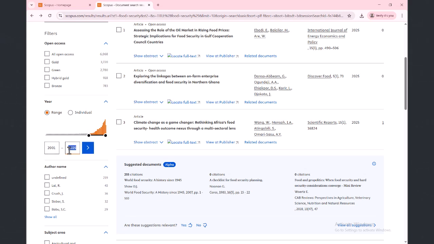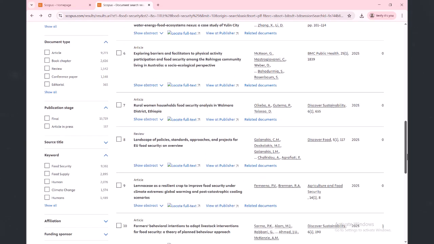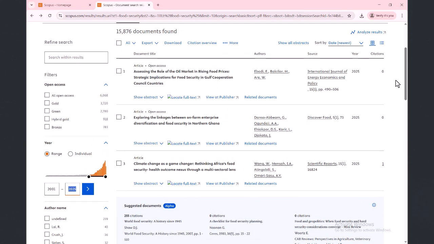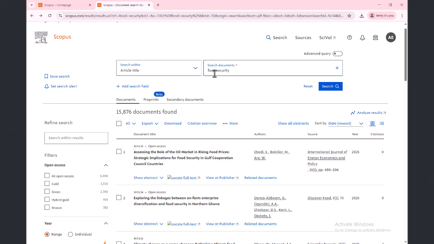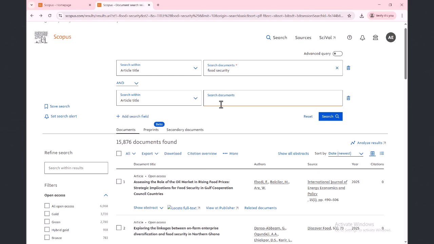during 2001 to 2025, and you can also specify the author name and some other information here, so you can download based on your own specification. And one more thing, if you want to have two or more keywords, for example, you want to download the data about food security and climate change, it means all the documents which are published in Scopus that use food security and climate change